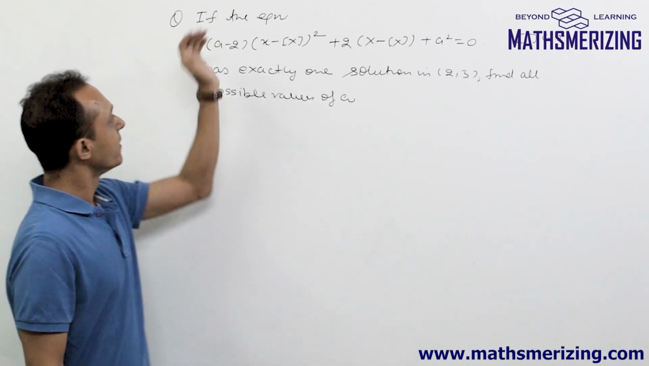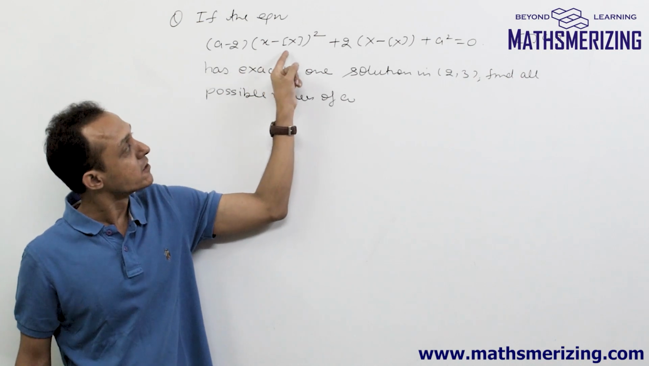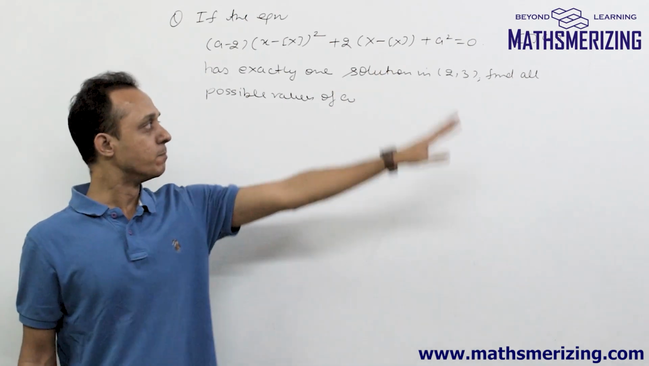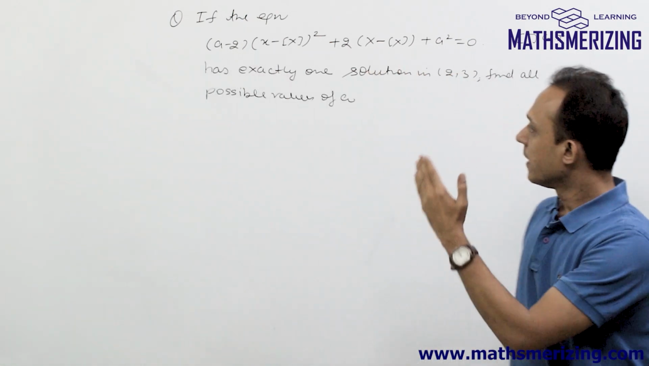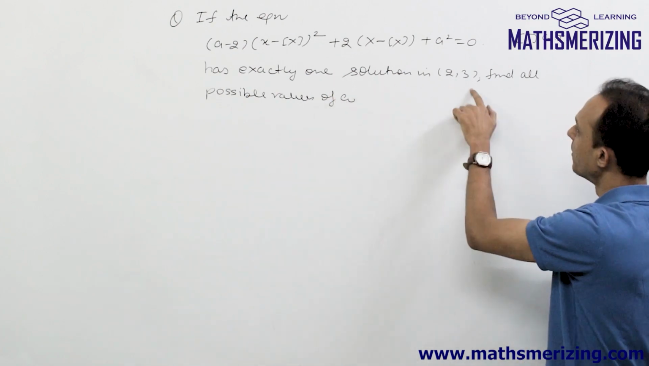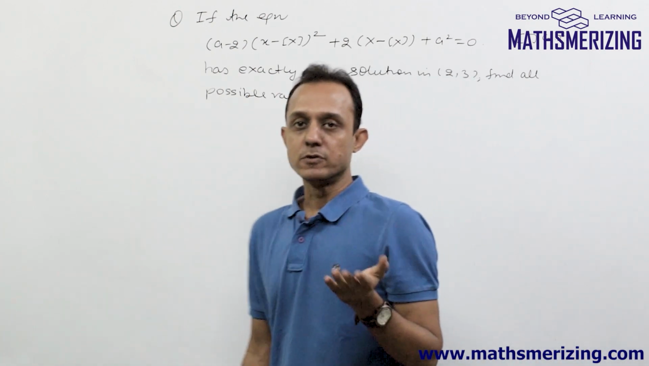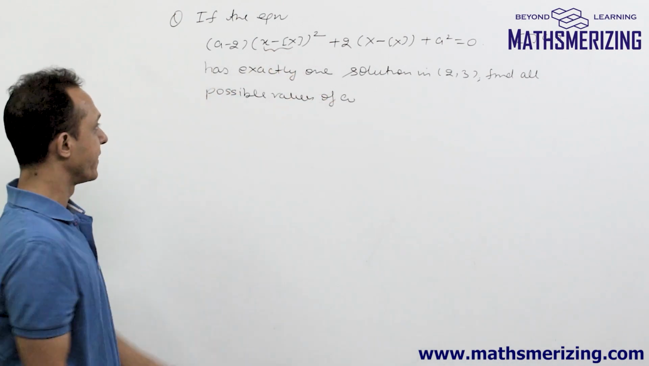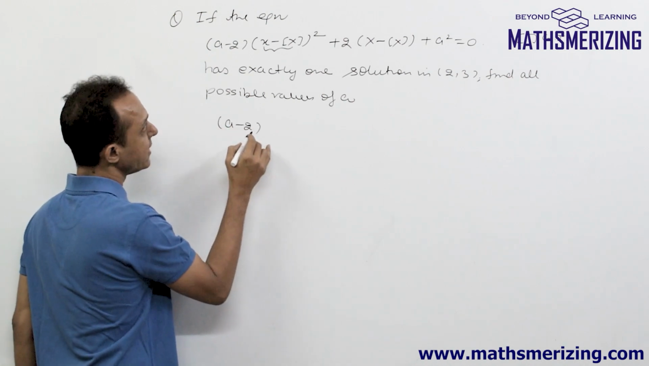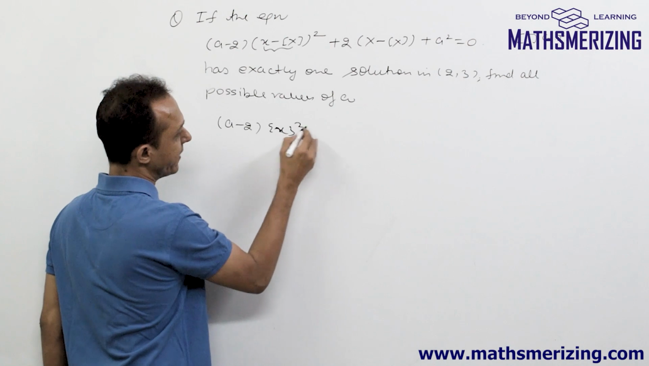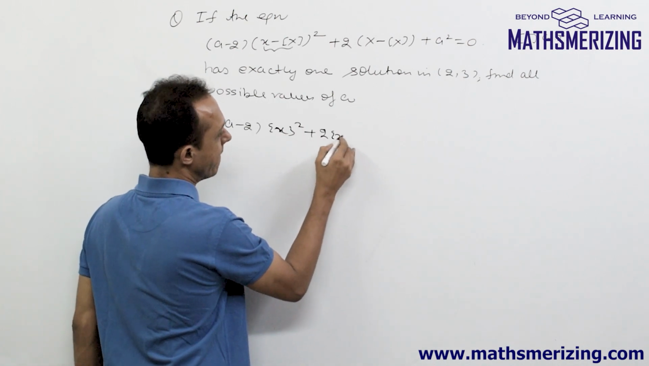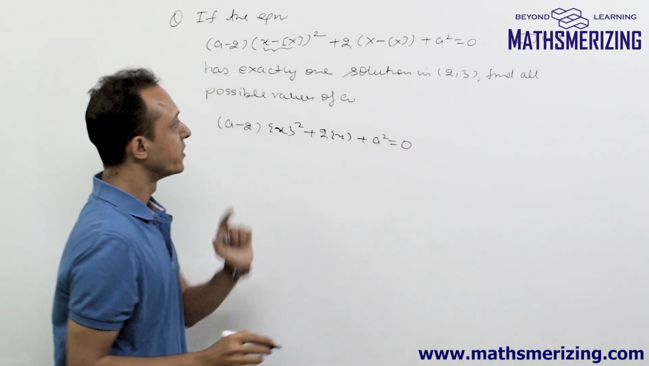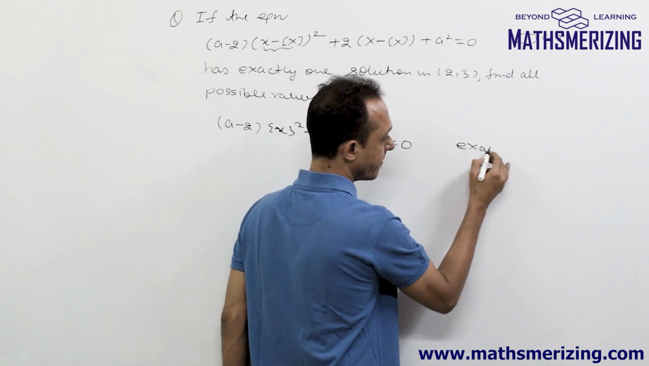So now the question is: if the equation (a minus 2)(x minus the greatest integer function of x) whole square plus 2(x minus the greatest integer function of x) plus a square is equal to 0, where the box represents the greatest integer function, has exactly one solution in the interval 2, 3, then find all the possible values of a. Now what I know is this x minus the greatest integer function of x is actually nothing but the fractional part of x. So I can write it as (a minus 2)(fractional part of x) whole square plus 2 times the fractional part of x plus a square is equal to 0, and this equation should have exactly one solution